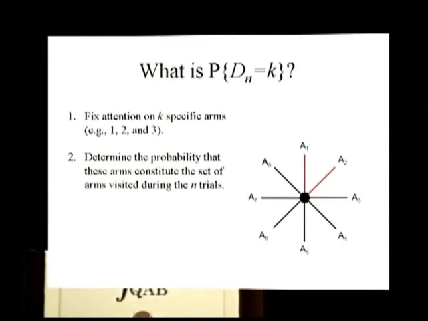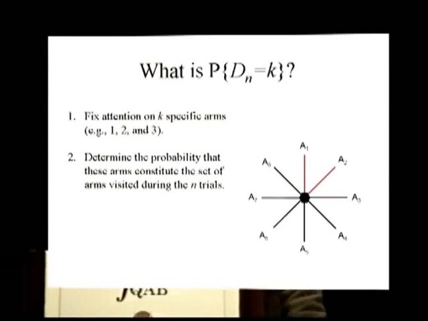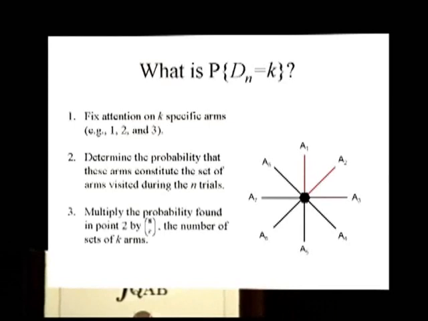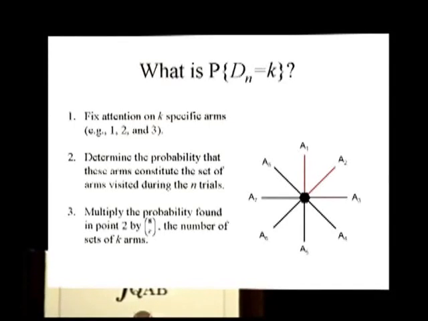In other words, if we can figure out the probability that the animal visited these k arms, these 3 in this case, and only those, and then multiply that by the number of sets of k distinct arms. Multiply the probability found here by the combinations of 8 choose k, because I chose those 3 arms. I have 8. I could have picked another